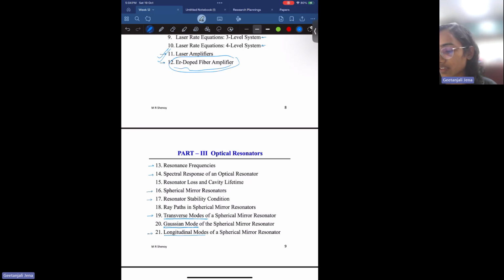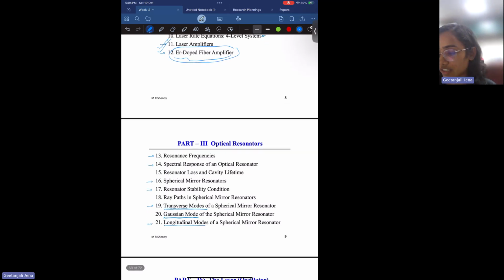And what is the spectral response of an optical resonator, and different resonator loss, cavity lifetime, and the resonator stability condition. And we also discussed the ray paths in different types of mirror resonator and also in spherical mirror resonator. And once we studied the basics, the condition required for resonance as well as the resonance that will happen inside the cavity,